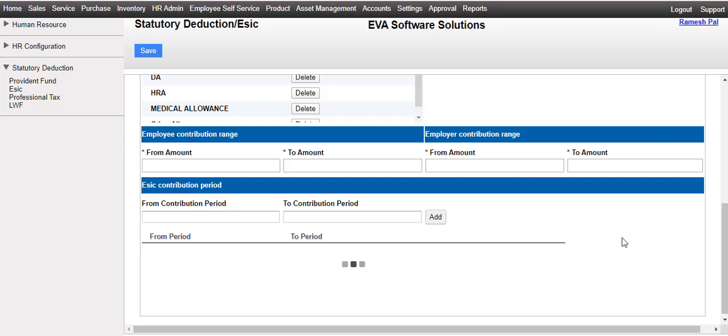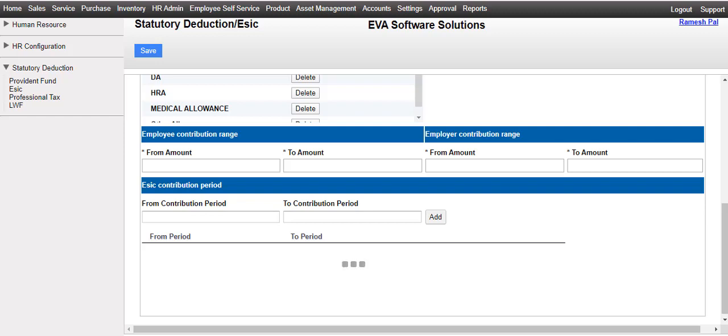But in Employee Contribution Range section, I can enter only monthly amount. So I will multiply 176 by the standard paid days, which is 26 days for Maharashtra. So the amount will be 176 into 26, which will be equal to 4576.